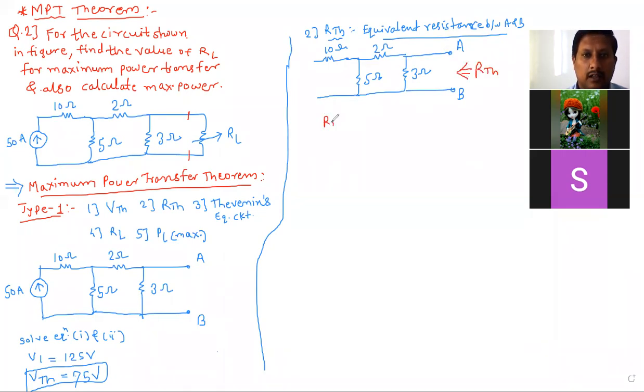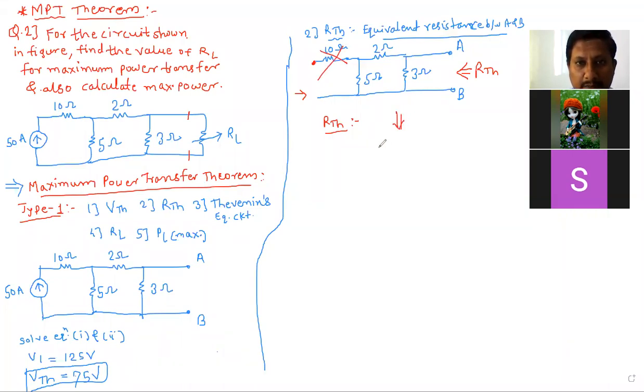Now who will tell how to write the RTH? You have to measure from the opposite side. Whether we have to consider the 10 or not, that is the question. Do we consider the 10? No. Because the 10 ohm resistor is not connected anywhere in the circuit. If this were shorted here, we would have considered it. So the second point of the 10 ohm resistor is disconnected. It is not connected anywhere, so we cannot consider the 10 ohm.